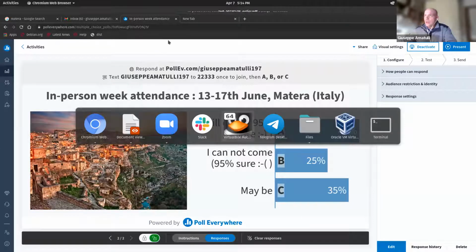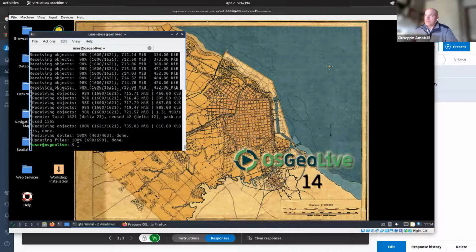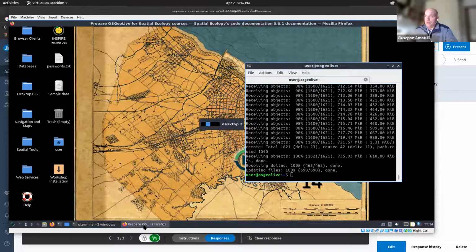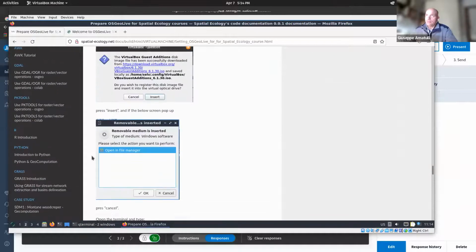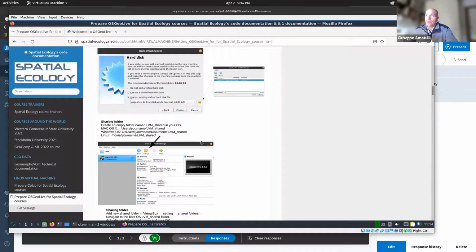So let's go to the virtual machine installation. I hope everybody has arrived at this area, and in particular, you were following this procedure to install the virtual